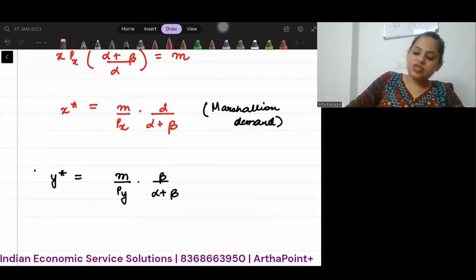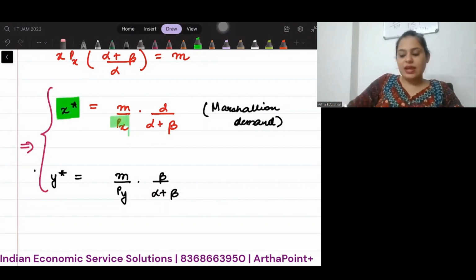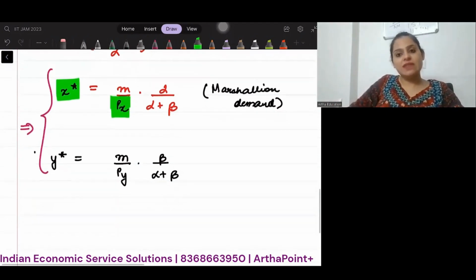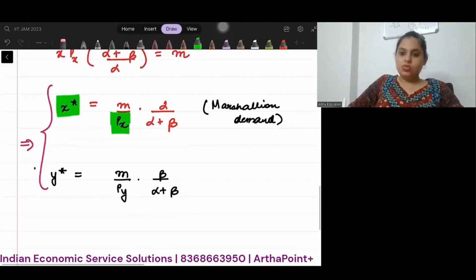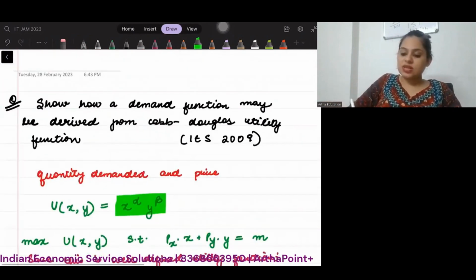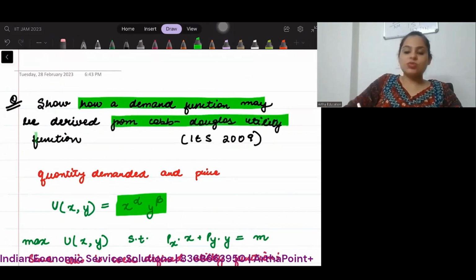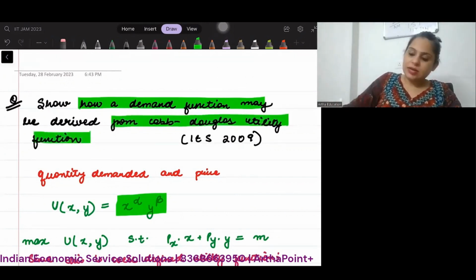So these are actually nothing but the demand of X and Y, because it shows the relationship between the quantity of X and the price of X. And if you see, these are normal goods because there is a clear inverse relation between demand and price. So this is exactly what your question was asking. Show how a demand function may be derived from Cobb-Douglas utility function, and we have done that. So this is your IES